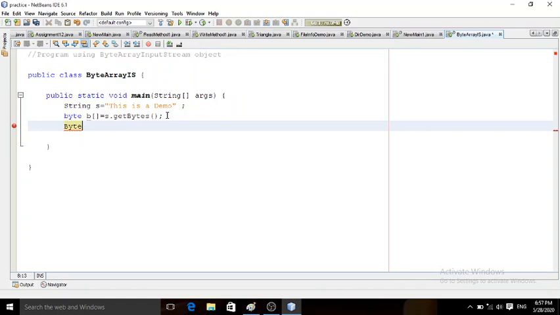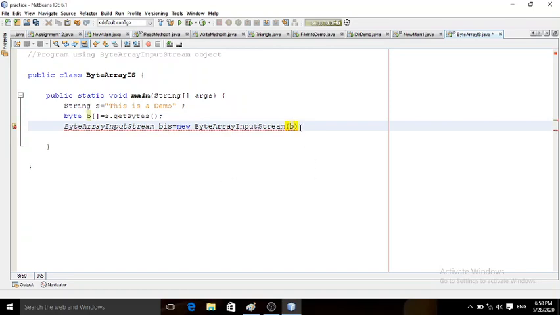So I prefer the first constructor, as we have seen. ByteArrayInputStream, the name of my object I am giving as bis. New ByteArrayInputStream, and in brackets I must use this array of bytes, that is b.